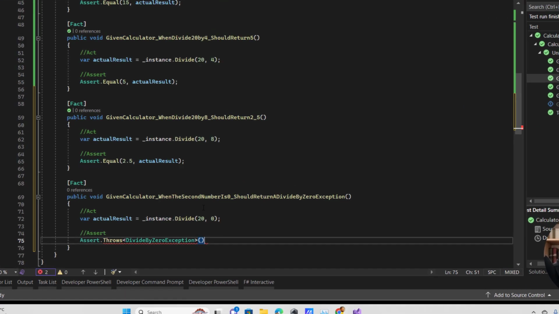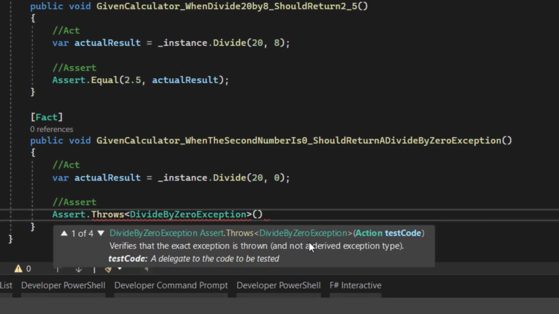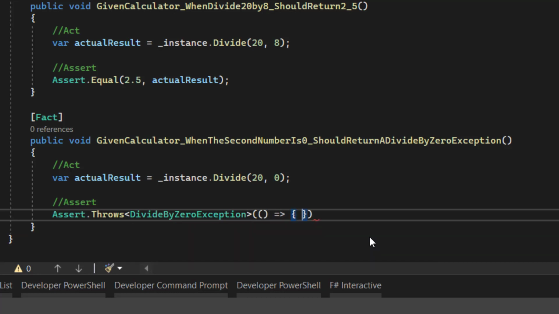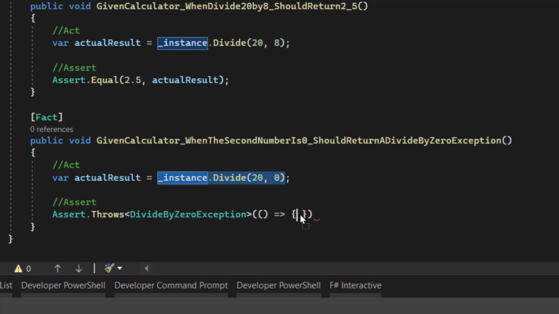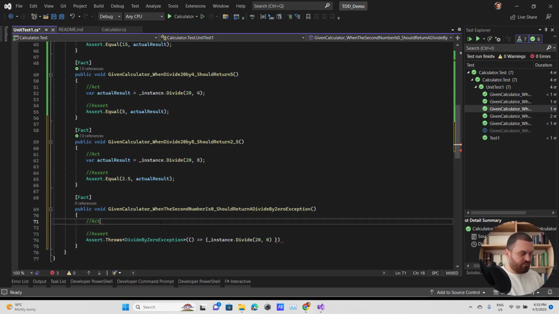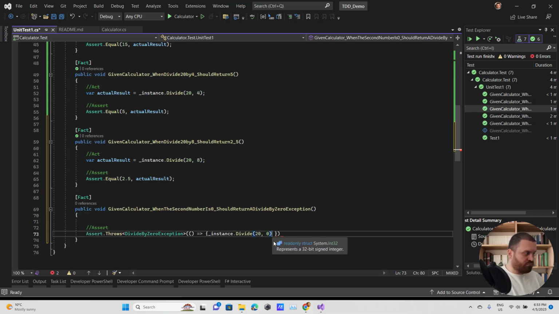Okay, and after that, this method accepts an action. Okay, an action. Great, an action is something like that. Great, and I'm going to use this one here. Okay, I'm passing it an action.